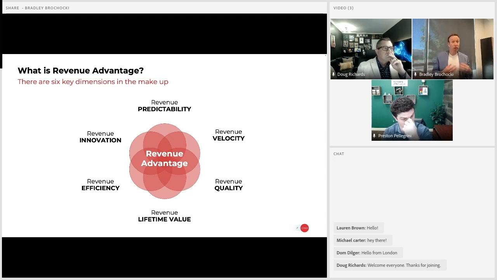A lot of times when we speak with different people who are trying to automate their processes, it's really starting to discuss what comes first, no matter what you sell, what you provide. Preston, you brought up earlier that sometimes a lot of big companies work with Conga. We also have a lot of small companies that work with Conga that really are trying this core thing of what can I tackle first? And how can I really automate and cut down on that process so I can have that revenue advantage over my competition? So, Doug, I guess a question for you is that, from your line of work, of these 6